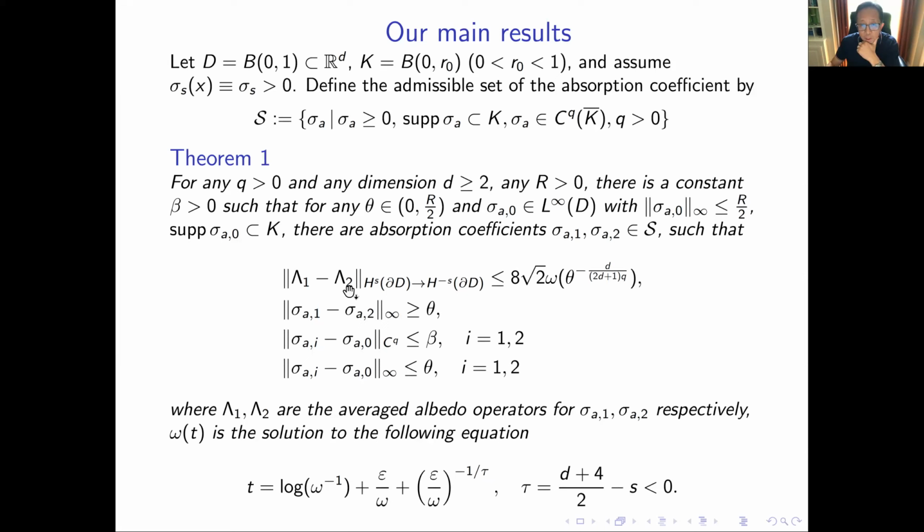But when you measure this from S to minus S, we can show that the crucial thing is how the right-hand side depends on theta, the perturbation. That dependence is a little bit complicated because it will show where it is diffusion and where it is the Hölder type. So that is where this function comes from. I don't know whether you can absorb this or not, but in order to find this explicit in theta,